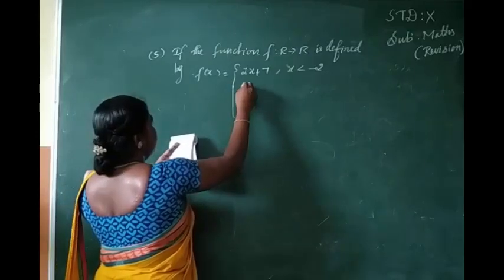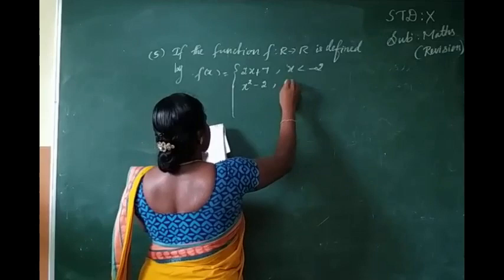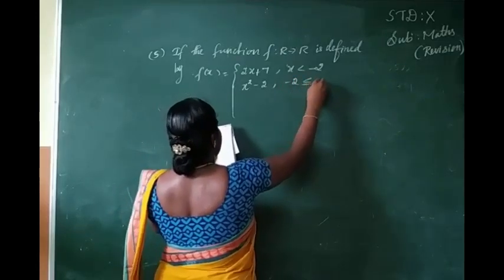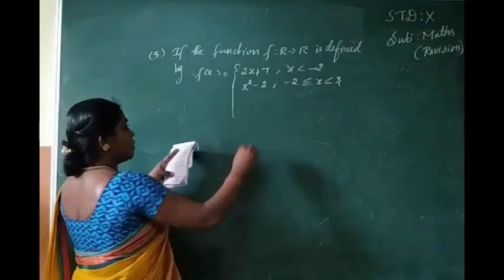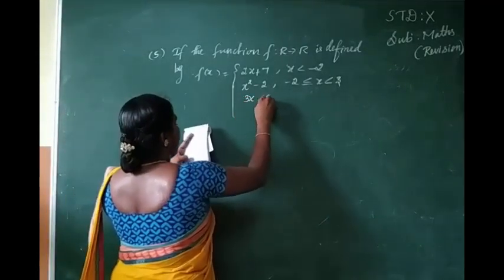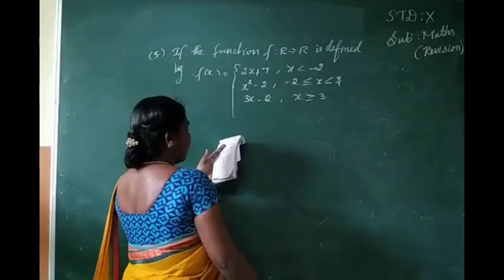Next one is x square minus 2, comma, minus 2 less than or equal to x less than 3. Next one 3x minus 2, comma, x greater than or equal to 3. Okay, then find the values of